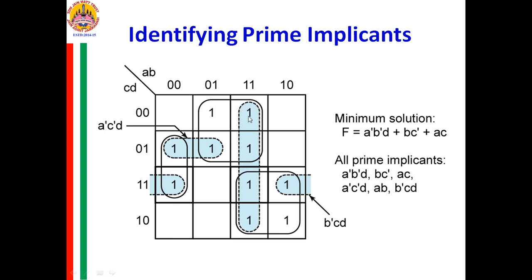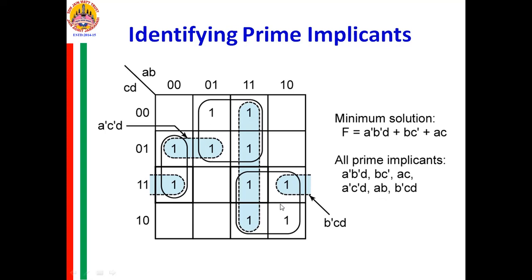Now, what is the Boolean expression of this? It is AB. See here, this AB is present here. It is a prime implicant. Now, this group of four ones is also a quad. The Boolean expression for this particular quad is C is 0 and B is 1, so BC bar is present here. Now another quad you have here. What is the equation for this quad? For this quad you have C as 1 and A also 1, so AC is the prime implicant. So the Boolean expressions for the three quads are AB, AC, BC bar.